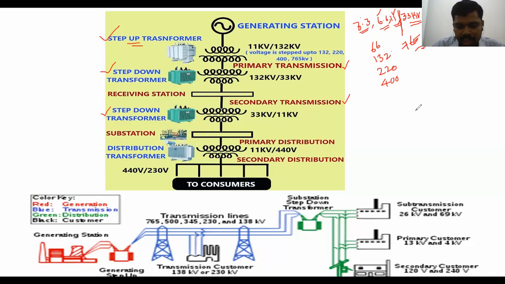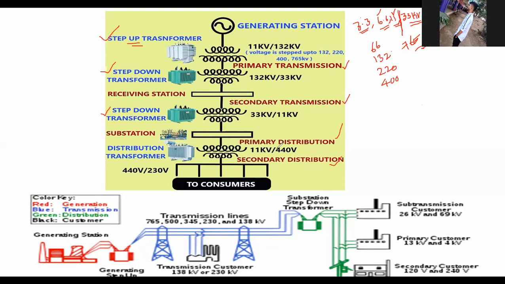In the AC transmission line, the maximum operating voltage in India is 765 kV. Similarly, the secondary transmission line, based upon the operating voltage, is classified as 33 or 66 kV. Again, the distribution line, based upon the operating voltage, is classified into two types: the primary distribution system and the secondary distribution system.